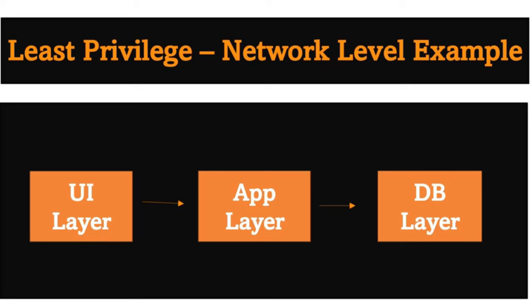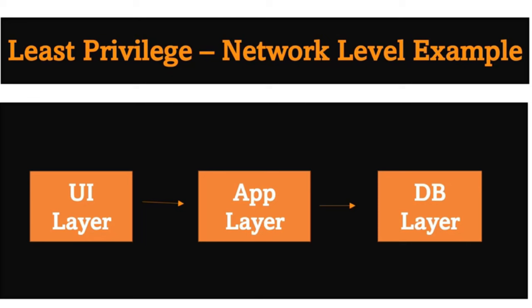The first one is the user layer, and then there is the app layer, and then the database layer. User layer is accessible by customers for browsing products and making purchases. And app layer handles business logic, like for example, processing orders and managing inventory. Then there is database layer, which contains sensitive customer and transaction data. And database layer is isolated from direct access by